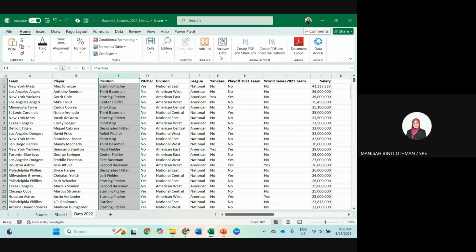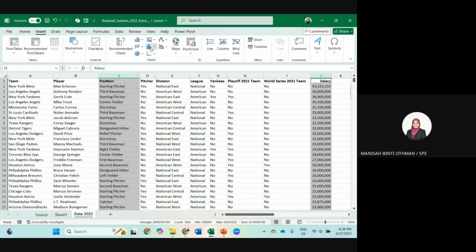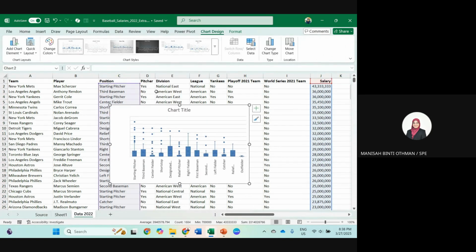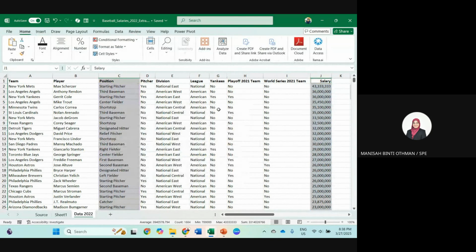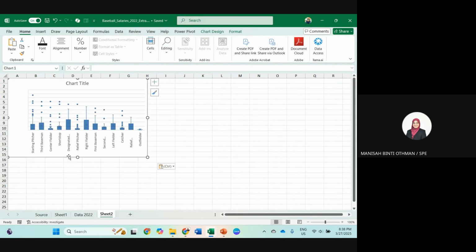Press Control and click J. So you select two different columns, and then go to insert. We will add the box plot. So now we have a box plot here. I want to cut, Control X, this chart, put it in a new worksheet, and paste.